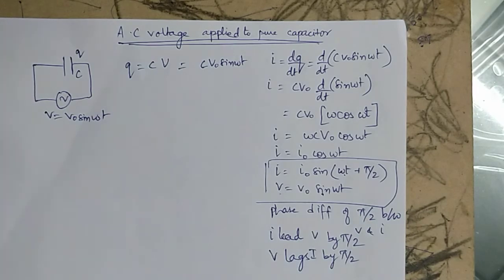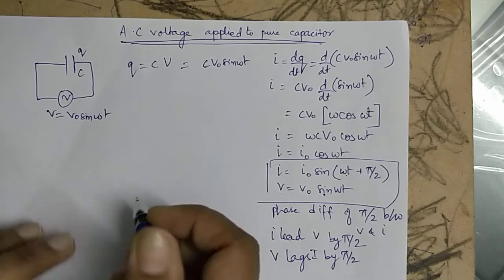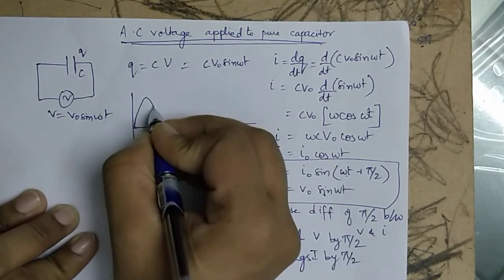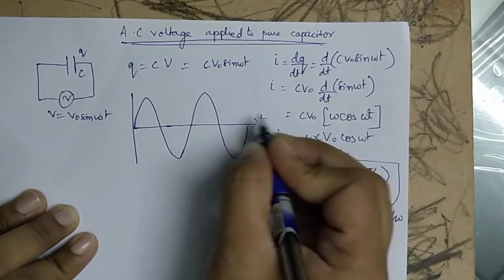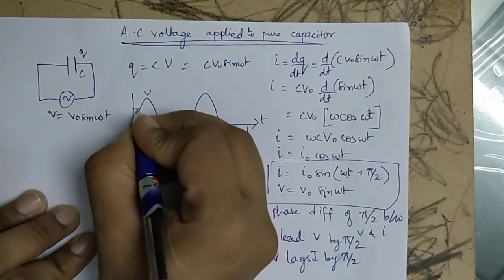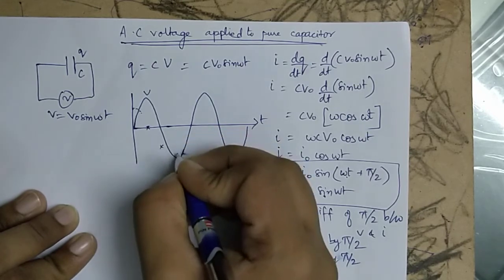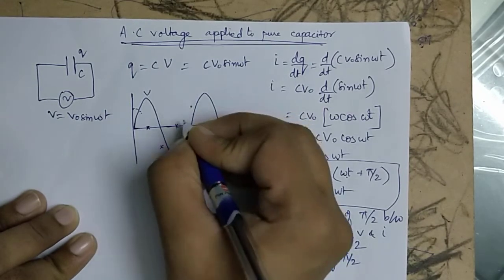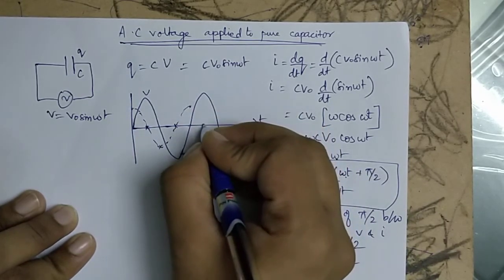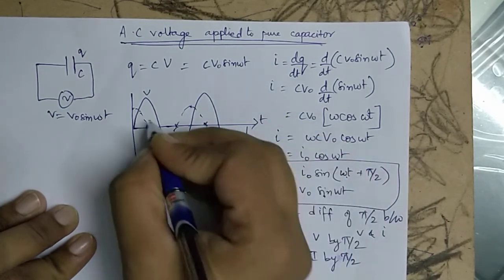In an inductor, voltage leads current. Here, voltage lags current by pi by 2. Before the phasor diagram, if you have to plot the waves, this will be t, this is v. V is a sine function. The other one is a positive cos function. It will start from here, then it will reach this. When it is negative, it will reach here. So on combining these lines, again peak, it will become 0, negative here. So this kind of cos function is for current.